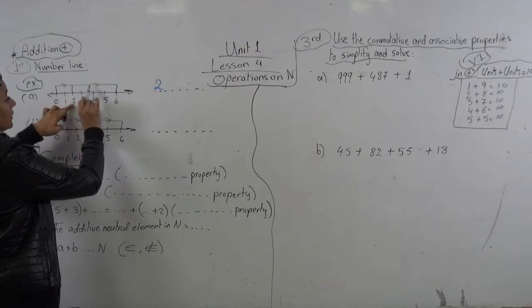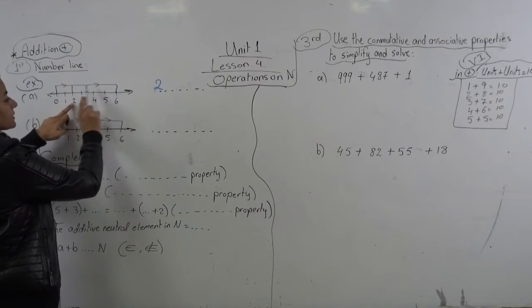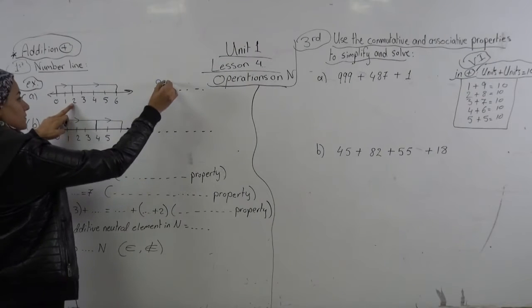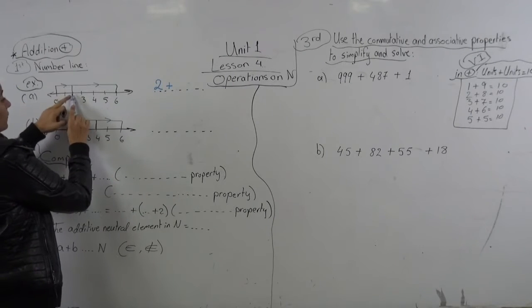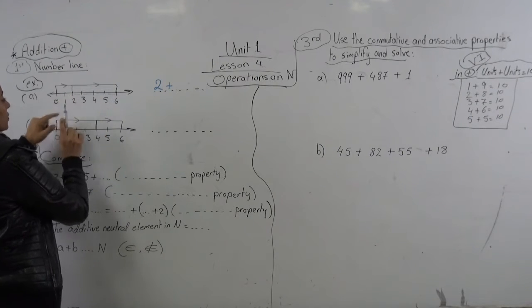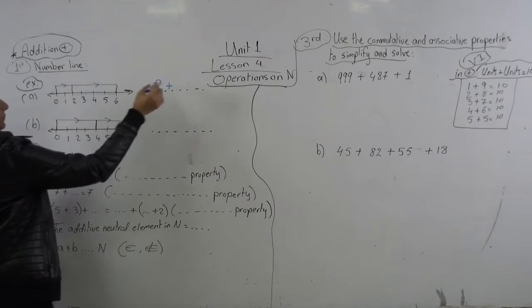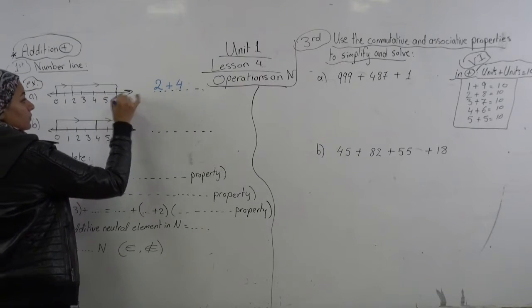And then he continued in the same direction where it is getting greater, so it is plus. Plus from 2, how many units did he add, or how many centimeters did he add? 1, 2, 3, 4. So we had 2 plus 4, and